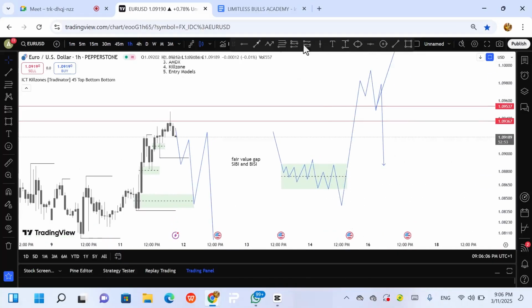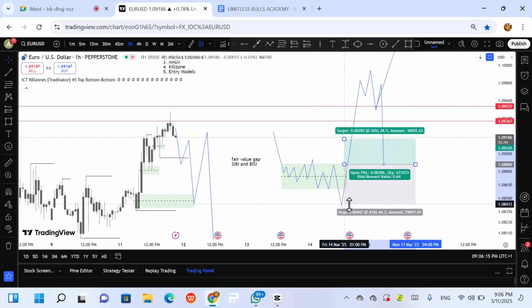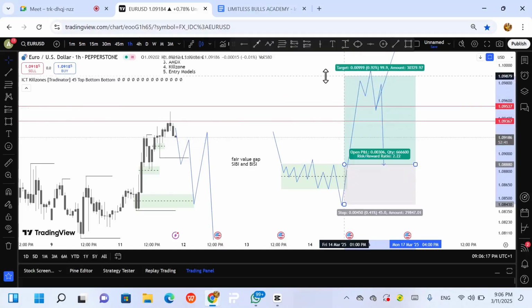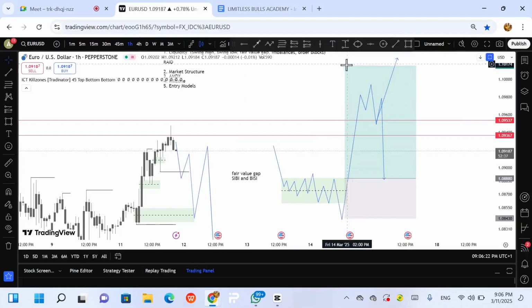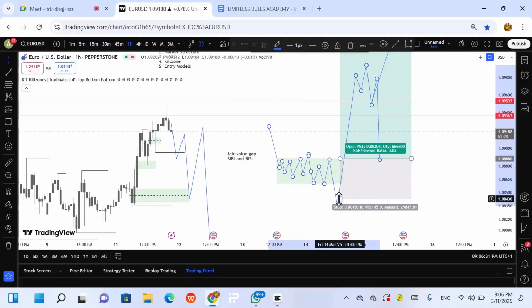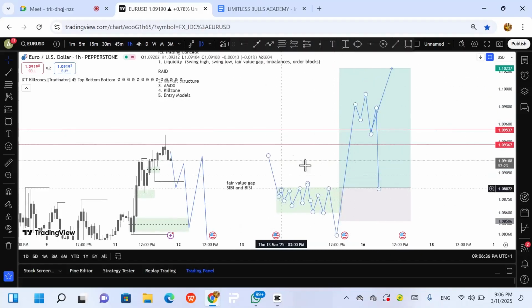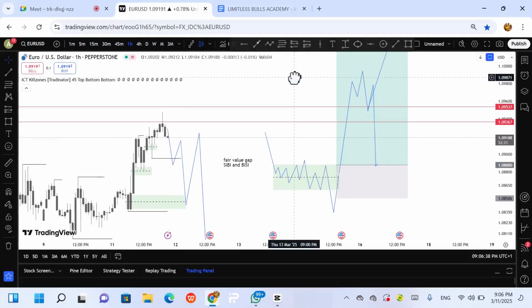So as a trader, you want to be found after this manipulation. Maybe you can wait for a sign of strength here, and maybe you take your trade, maybe this low, and then the target can be targeting those highs. Maybe 1:3 is the least trade I would like to take. So 1:3 like this, you wait for this manipulation. This manipulation itself might be lower a little bit. You wait for this manipulation, and then you are taking your trade to the corresponding direction. So this is the 3 phases or the 4 phases of the market.